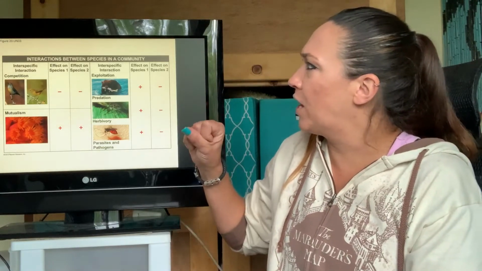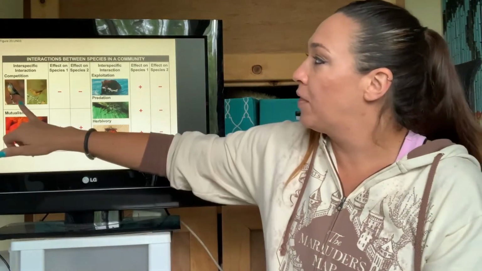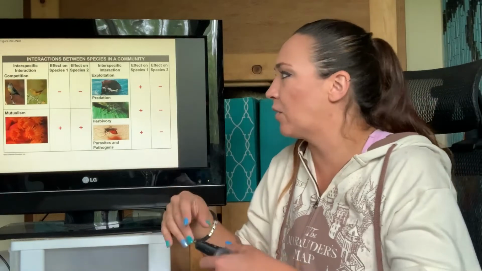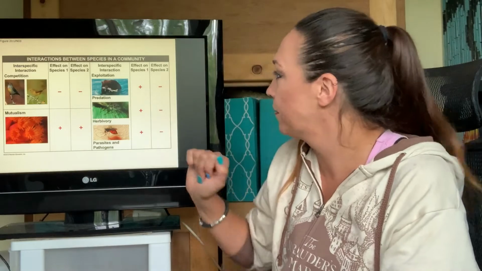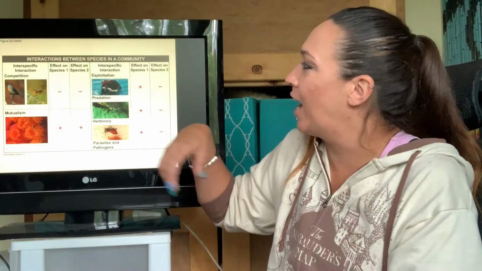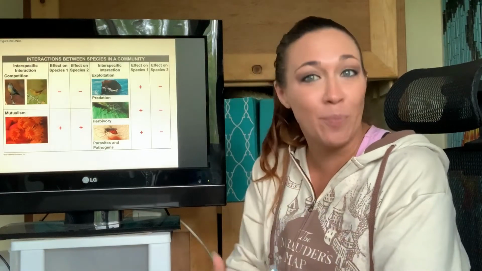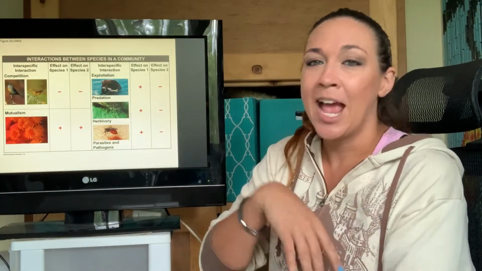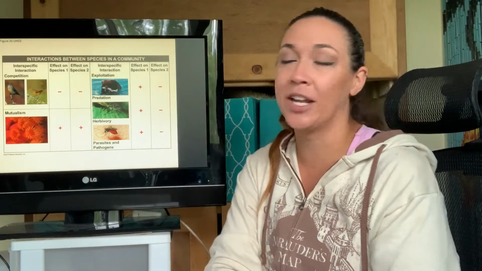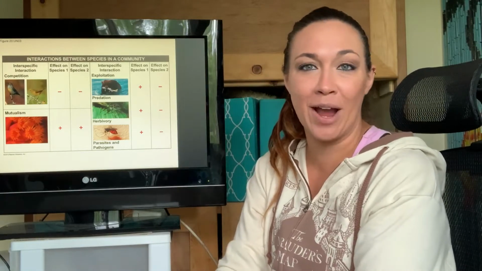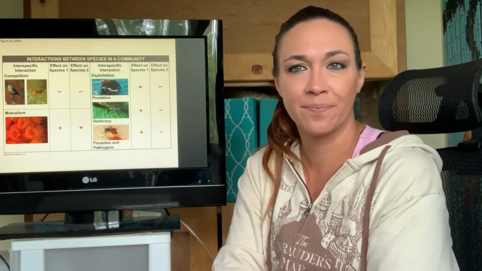We have some interspecific and intraspecific. Remember, interspecific is between two different species. Intraspecific is technically the same species, but we're not going to get into that. Just worry about interspecific, between two different species. You have exploitation, or basically predation, right? One of them is going to be eating the other one. You have herbivory, where one is eating the other, but the other one's a plant. And then you have the parasite, where one of them is sucking off the host. So just a little chart here on all of these different interactions that you will have to know. And yes, you will have to know them for your exam, but they're all pretty easy.